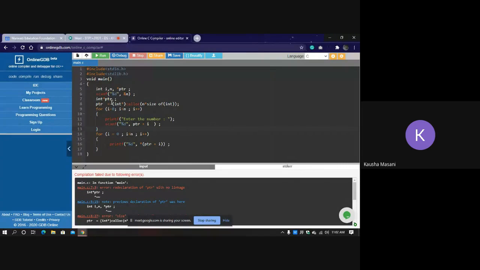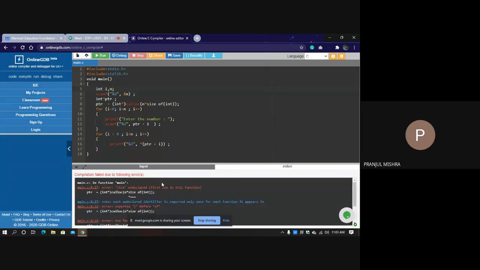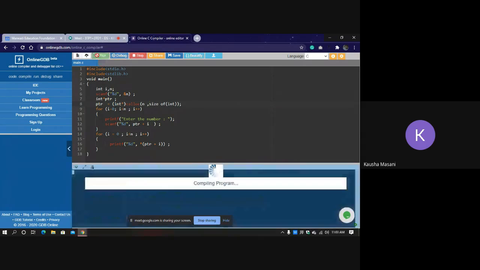There is integer star pointer in line number 5 also, and in line number 7 also. Ma'am, I need to remove this. Yes. In line number 8 also, you wrote star for calloc. Again, Pranjul, in calloc it won't be n star, it will be n comma. That is what the syntax of your calloc is.